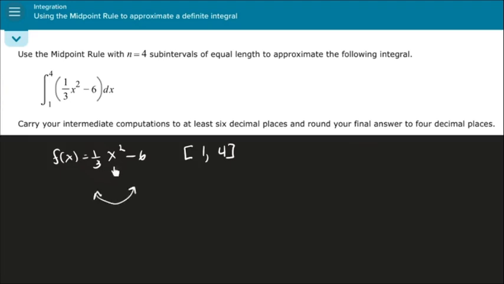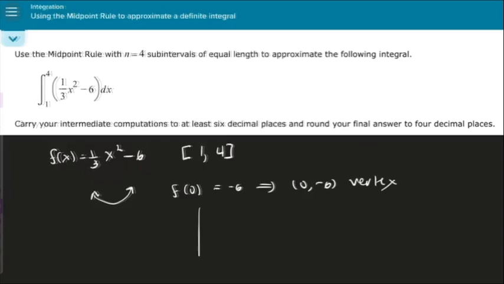Since there's no linear term, no x term, we know that the vertex is going to occur when we let the squared term equal 0. So if we let x equal 0, then we get minus 6 for the functional value. So f of 0 is equal to minus 6, and that lets us know that (0, minus 6) is the vertex. Don't fear, I am going to go out to Desmos so we can represent this,